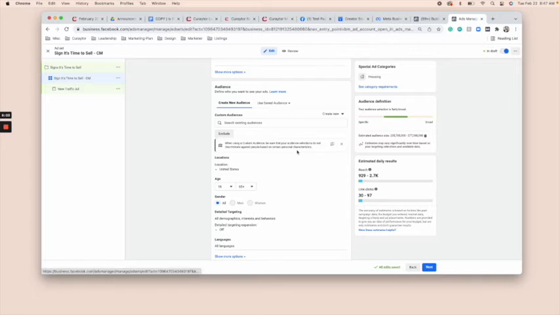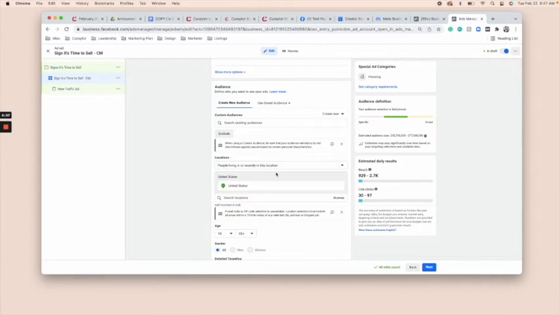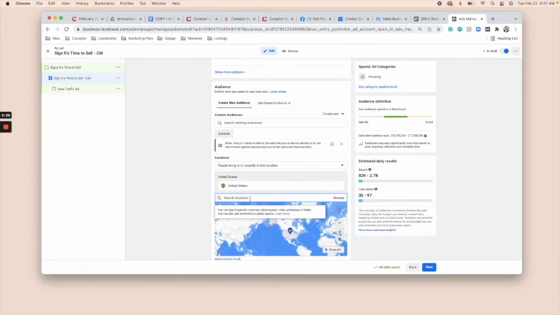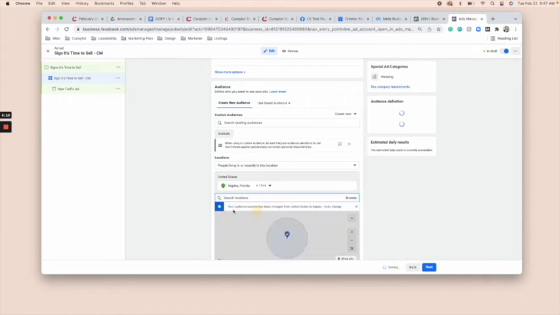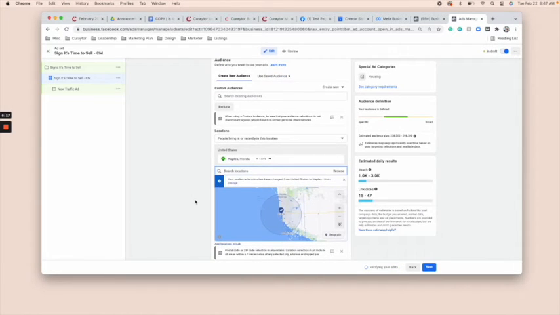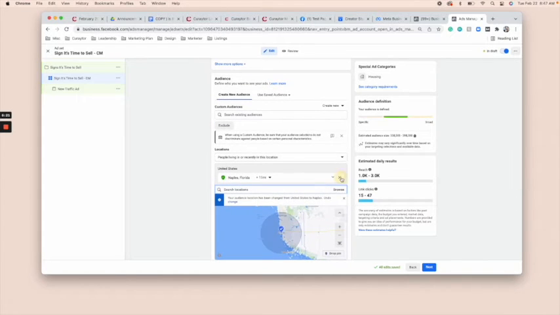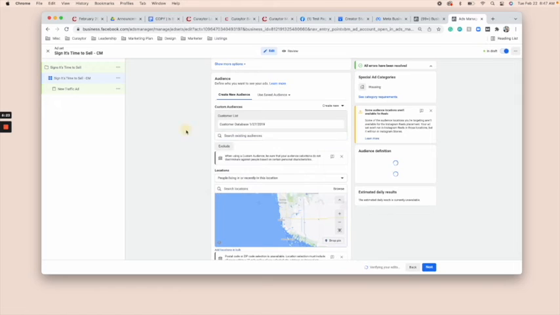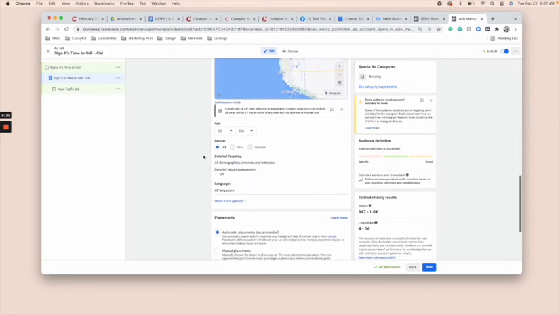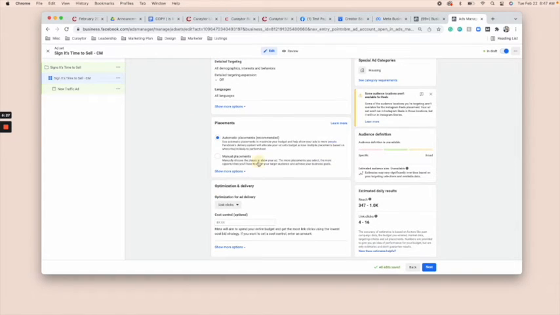If you're using your Magic Million, what you'll do is go ahead and edit the location, and you'll just type in your location here and populate in. So if it were me, I'm in Naples, Florida, and I can go ahead and use that audience, and I'm good to go here if I'm using my Magic Million. I'll select my database here,